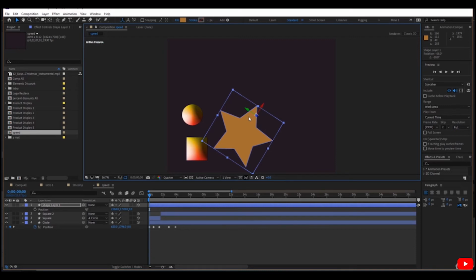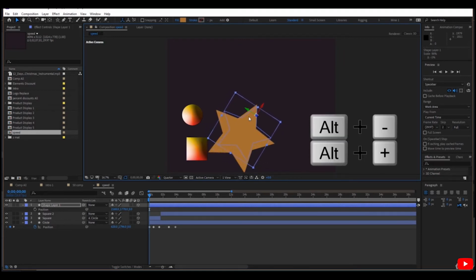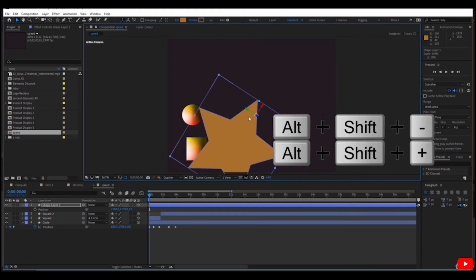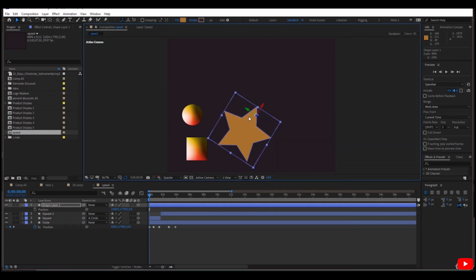If you want to adjust the scale, you can click Alt and plus or minus. If you click Shift Alt, it increases or decreases the scale in bigger degrees. In fact, controlling the layer properties from the keyboard helps you to save a lot of time